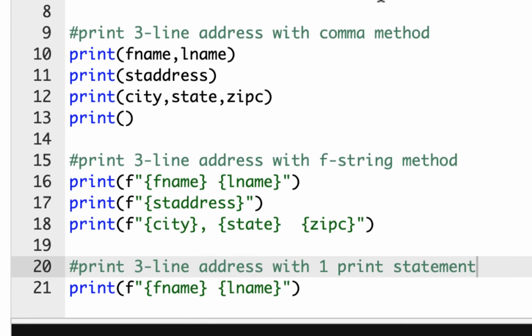You'll be using the comma method, the f-string method, and then this one will just have 1 print statement, and you're just going to use line breaks or the new line character within the string to actually do that. So you could break them up and just have 1 print statement to do that. So you're going to do that as your challenge, so I'm not even going to show you how to do that. But this will end part 1, and when I come back with part 2, what we're going to do